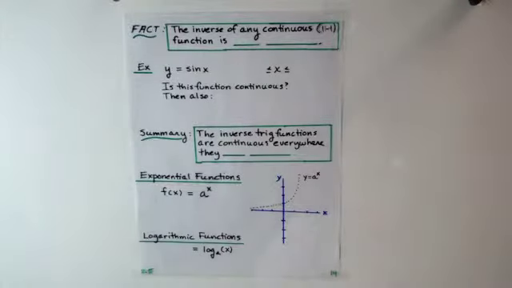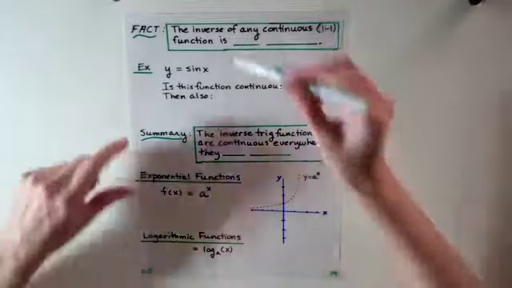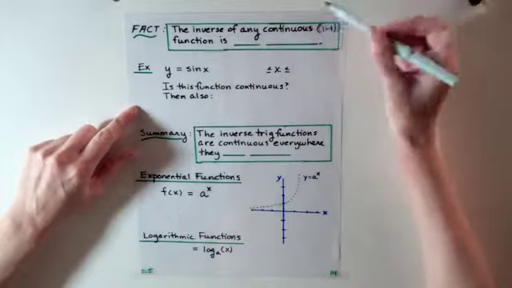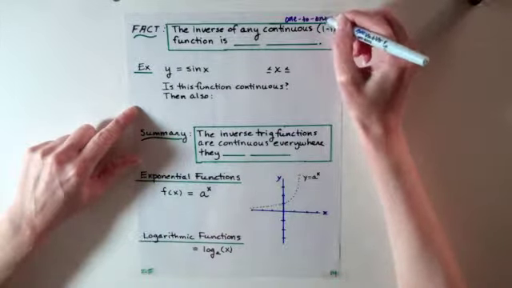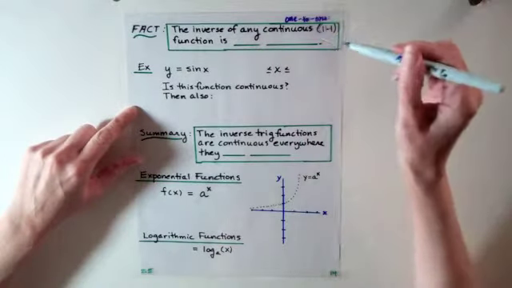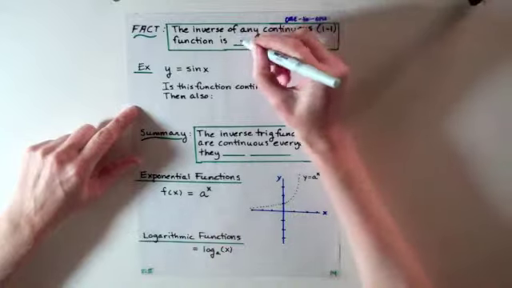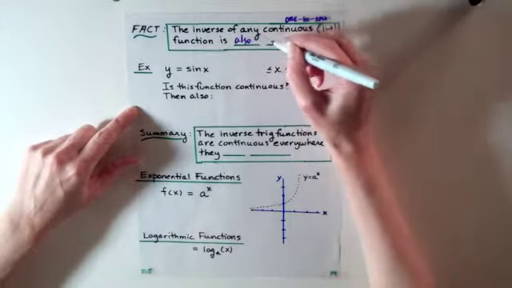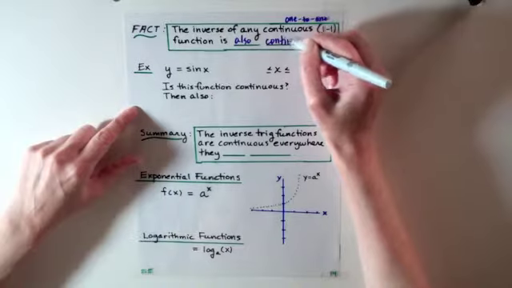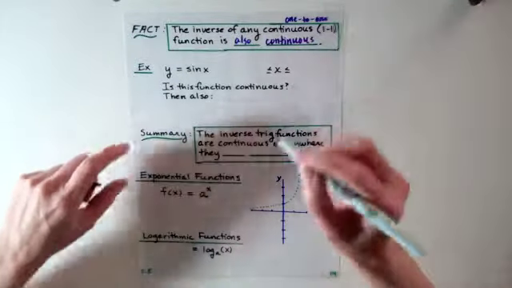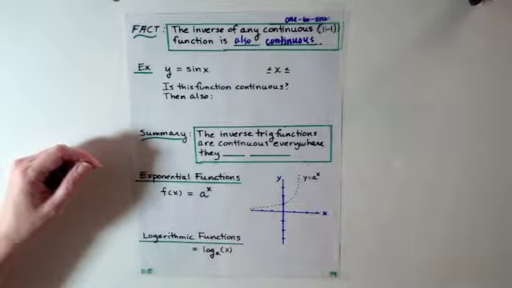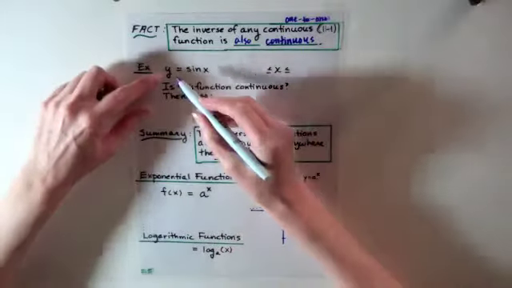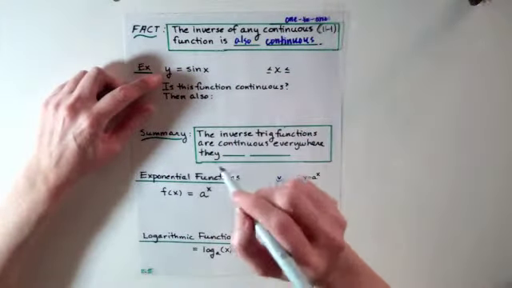Okay, so up here at the top is the fact that we just talked about on the last page. The inverse of any continuous 1-1 function (1-1 is just shorthand for 1-to-1) is, and remember we said that it is also continuous. And this has implications for our trig functions and for the exponential functions that we're going to talk about in a moment. So, for example, if we think about y equals sine x,